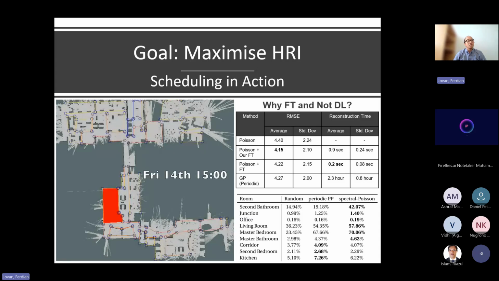The robot will probably lose a couple of hours just to recharge, which at the end reduces human interaction, so it is basically not doing its job.